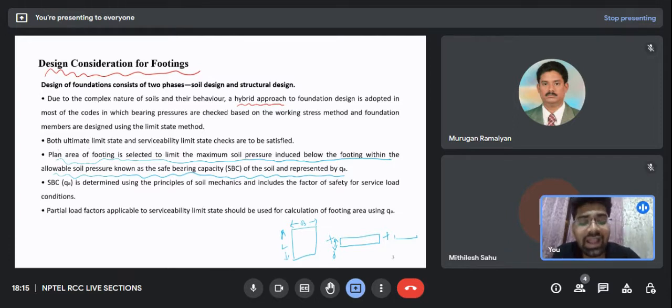Now the IS code says that to decide or finalize the cross section of the footing, that is L and B, we should use the working stress method. Why should we use the working stress method? Because the cross section of the footing is based upon the bearing capacity of soil, and the safe bearing capacity of the soil is evaluated using the working stress method. So that is the reason we should evaluate the length and the breadth, that is the cross section of my footing, by using the working stress method. While